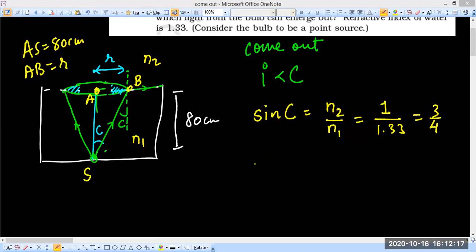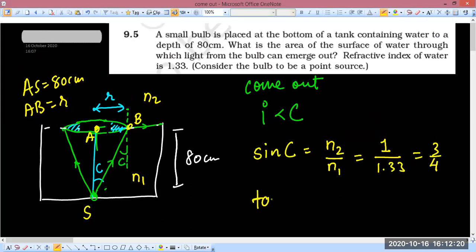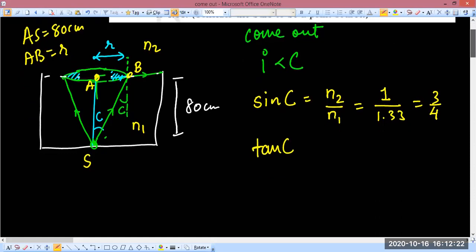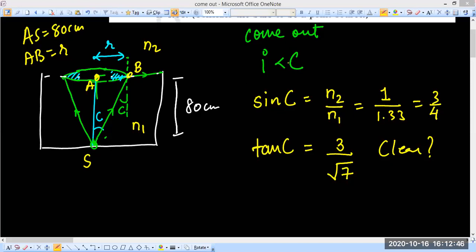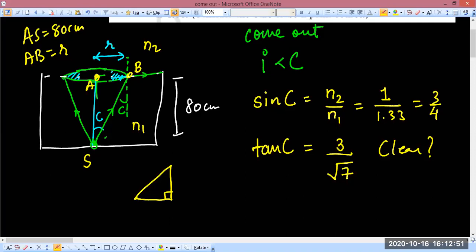Right? So if sin C is 3 by 4, then I'm sure you understand tan C is going to be 3 by root of 7. Is this clear, everyone? Yes or no? It comes from the Pythagoras